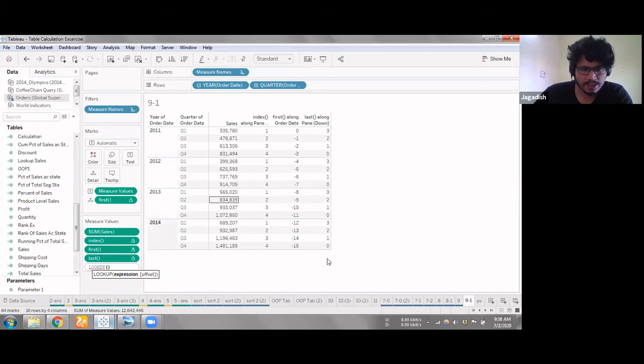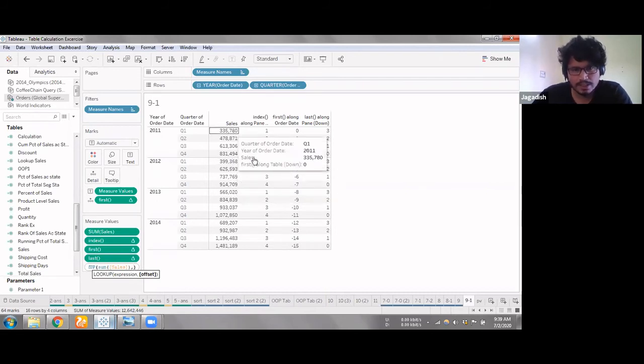The expression field represents my column, so I'll give sum of sales. Sum of sales is the column that I'm interested in, and now I have to give the offset. This is the current field, and in this value I need to show this 33780 value.